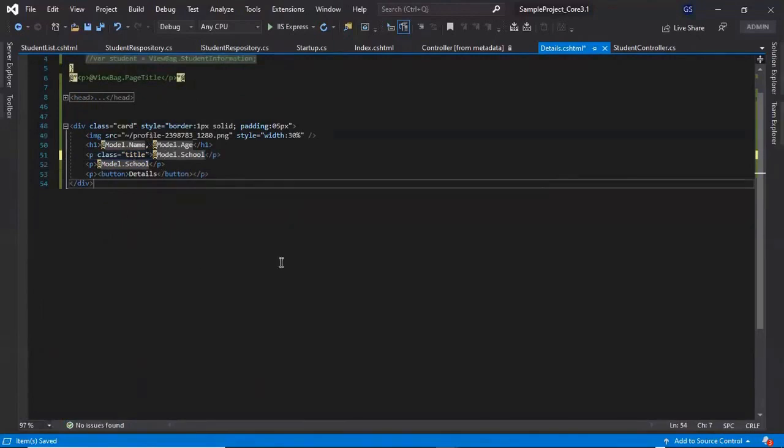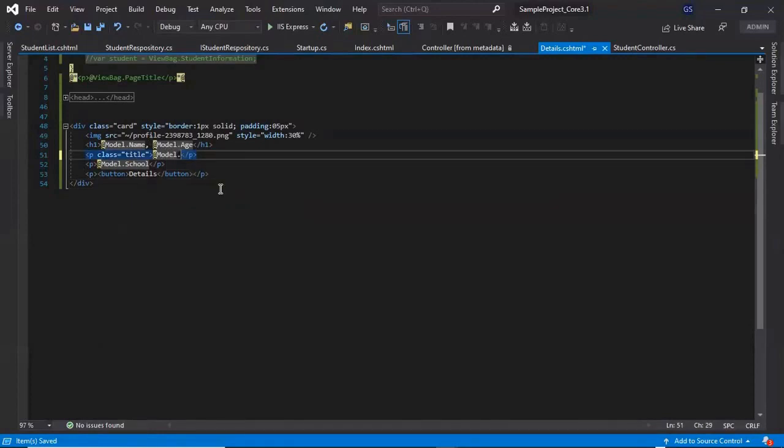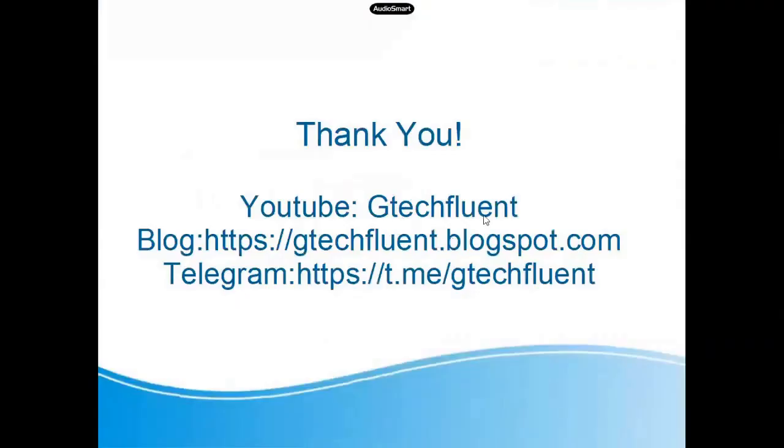Another benefit of the strongly typed view is that it will give the compile time error. For example, if you type a property which does not exist inside the model class, for example, I will type Date. If you notice, we are getting the red line here. It is giving the compile time error, saying this property does not belong to this class. So in this way, we will pass data to the strongly typed view using the model class.